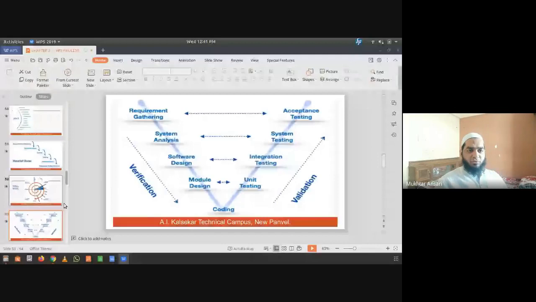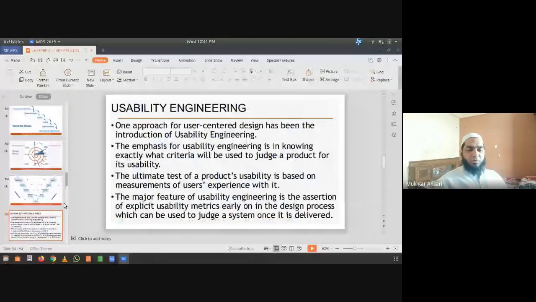ओके, सो ये हमारा सॉफ्टवेयर प्रोसेस में कैसे अप्लाई होता है, सो दैट वी विल लर्न। और उसके बाद में फिर कुछ और टेक्निक्स हैं।